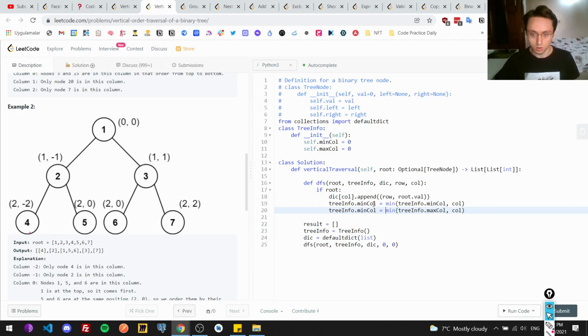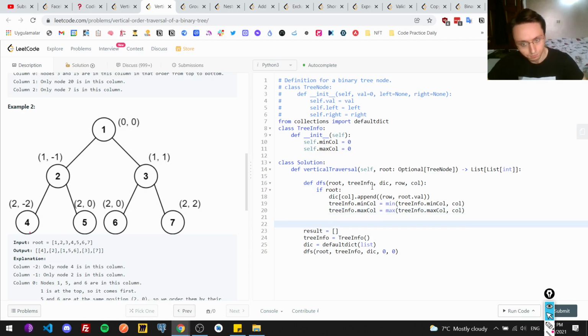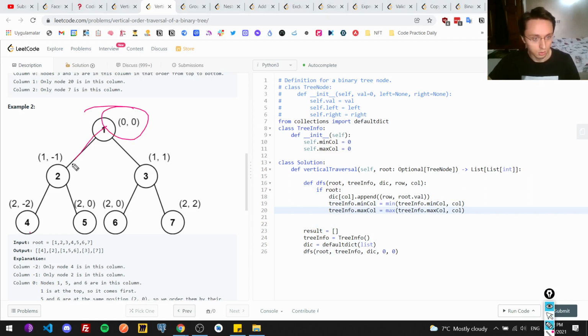and then we just have to change it this way. This should be also max. This should be like that. So we update the maximum column values we have. So at start, we will start from this. When we go here, as you see, we will have -1 in our dictionary. So when we have that, we want to also store it